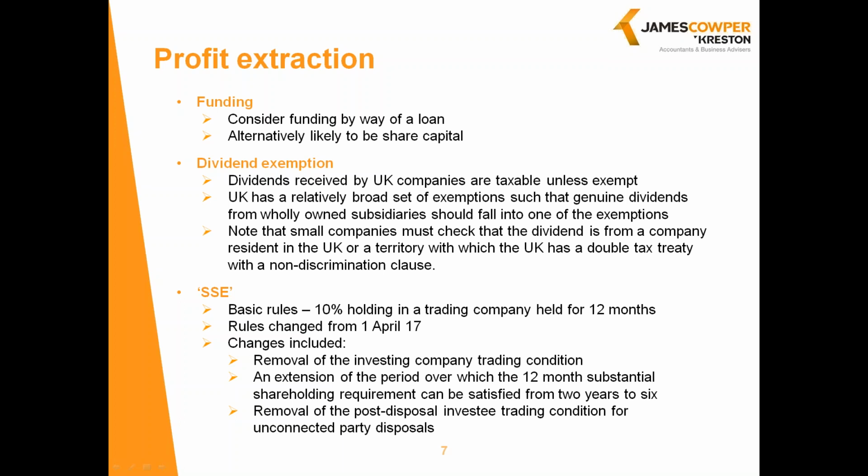The number of exemptions for large companies are typically easier to fall into. I won't go into all of the detail of the different exemptions, but the main one that most large businesses fall into is dividends that are received from a controlled company on non-redeemable ordinary shares. So that would be your standard dividend from an overseas subsidiary where you've just got ordinary shares held in that company. Note that there's no requirement for that company to be resident in one territory or for it to be resident in a territory with a suitable double tax treaty.